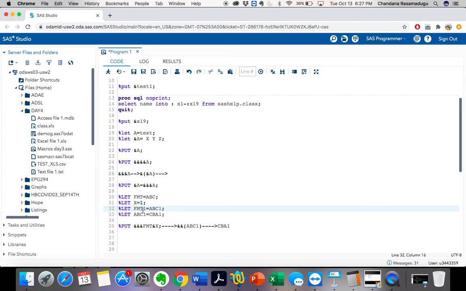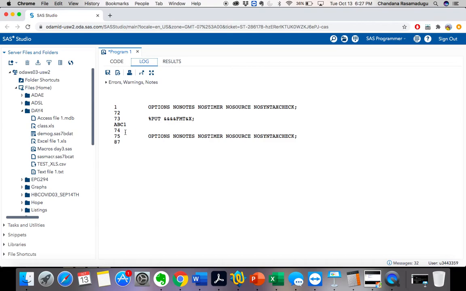So like this, 2 ampersands will resolve to 1 ampersand. See, for example, here I have &fmt. Let's take another ampersand over here. Let's execute it and see what my value will be. See, what is my value here? abc1.